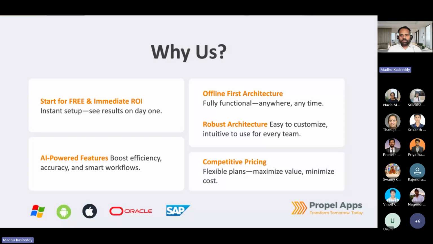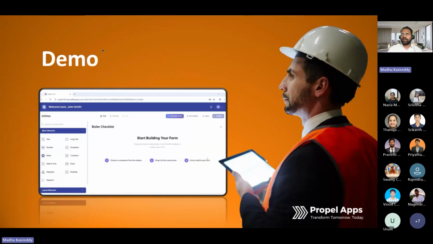Then you can update and modify it according to your requirements. And we have very competitive pricing compared to any other vendor in the market. So that's what makes us special. And as I said, it works with all the platforms and is integrated out of the box with Oracle Cloud Maintenance and SAP S/4HANA. So without further delay, I'll quickly